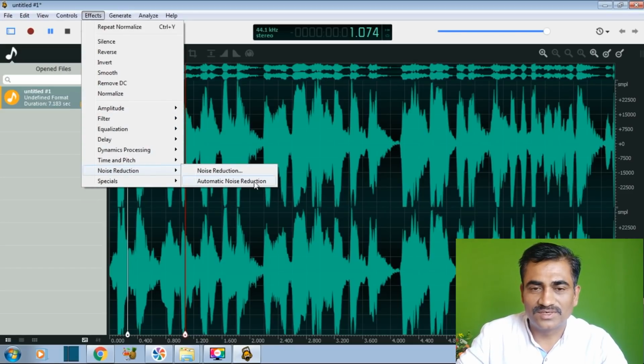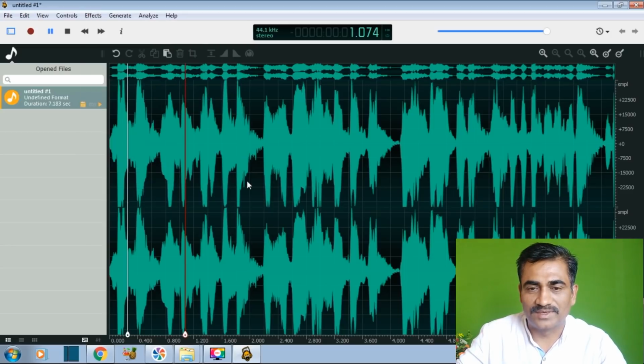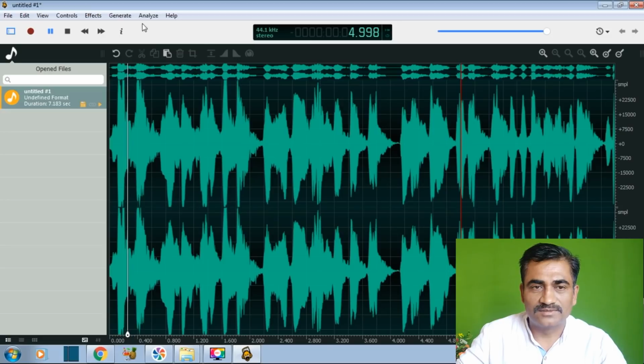Go to the noise reduction tab. There are two options: noise reduction manually or noise reduction automatically. I am going to use noise reduction automatically. It will apply on our side. Just see. A very good day, and again warm welcome to online training program. Voice quality is normalized. Background sound is reduced.